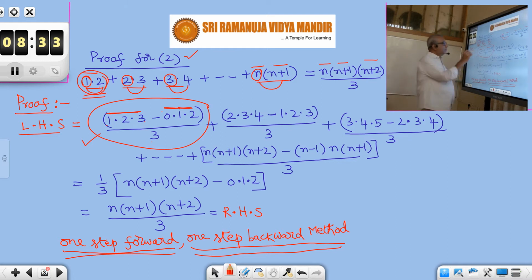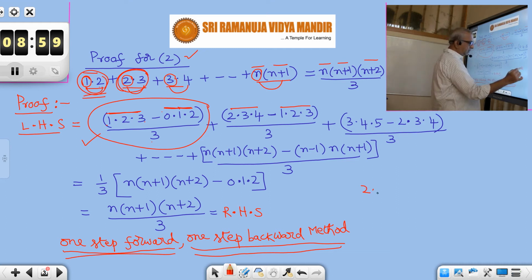Okay. Now the second term, let us take 2 into 3. Same method, 2 into 3 into 4, one step forward. 2 into 3 into, if you go backward you get 1. By again 3, the denominator will be same. So how do you get this? Tell me. Is it equal to the second term 2 into 3? See, in the numerator I have written 2 into 3 into 4. Don't multiply them. 2 into 3 into 4 is 24, 1 into 2 into 3 is 6. That is not the method.